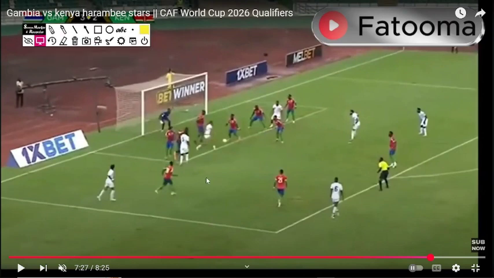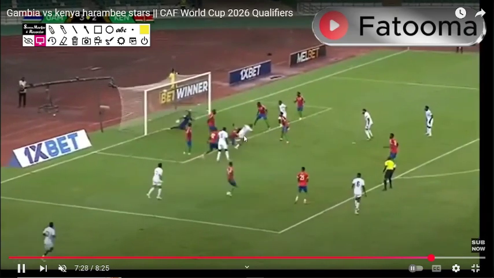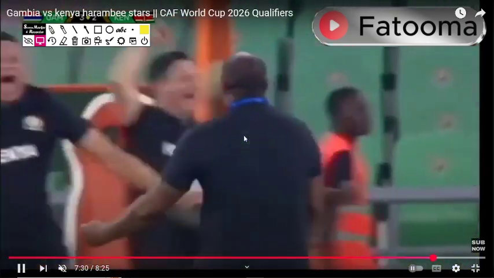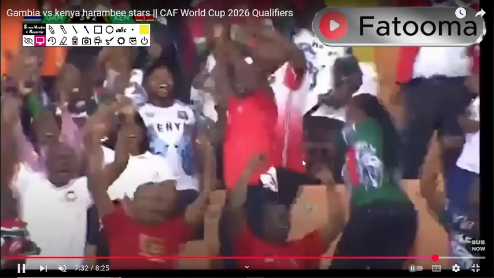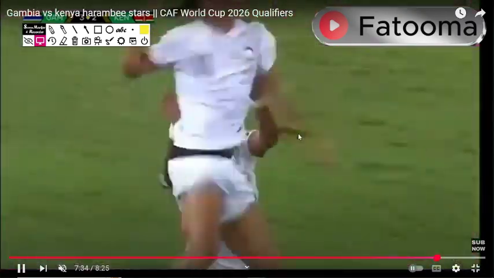whatever comes into your box, you kick very hard out. There's no need for him to trap it. Just kick it as hard as you can so that you reset. If it comes back, you reset. Because at this point, you're trying to protect the lead. And I could say good instincts on this player. He immediately hits it. And look at that energy. Look at the happiness. This is such a good game.